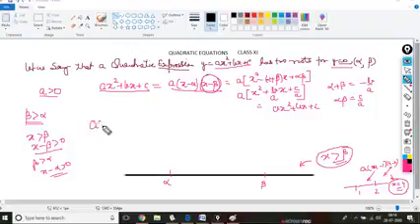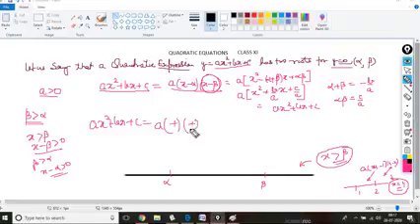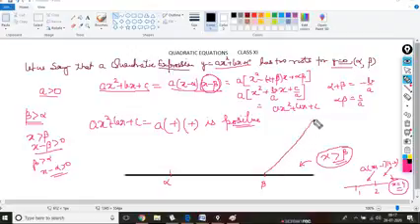Now let us look at this expression. Our expression is ax square plus bx plus c. I proved that it is equal to a into x minus alpha into x minus beta. What is x minus beta? Positive number. What is x minus alpha? Positive number. And I have also assumed a is positive. So this whole expression is positive. So for all x greater than beta, the expression is positive.